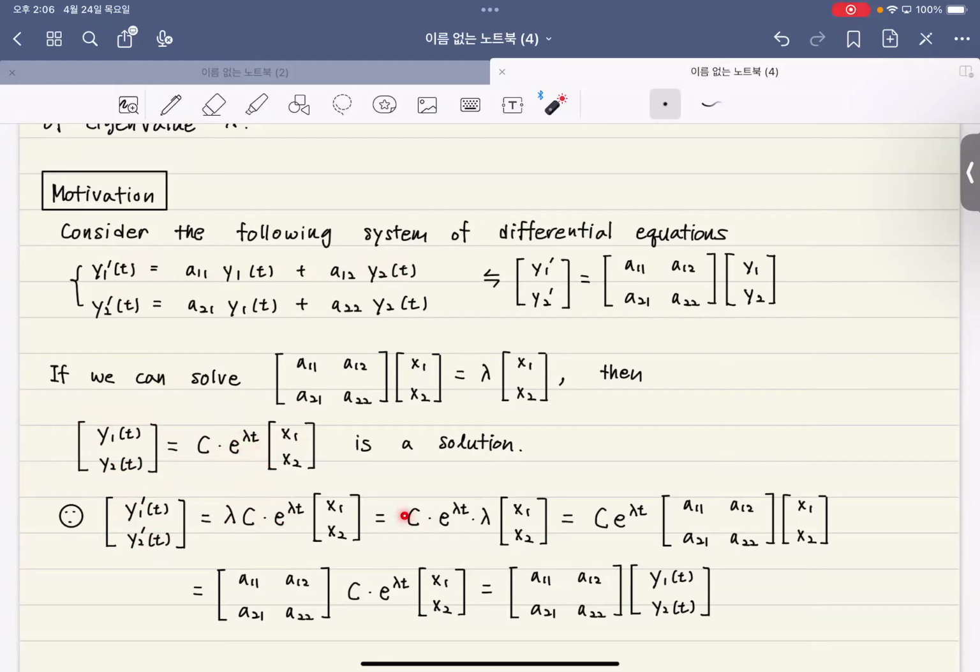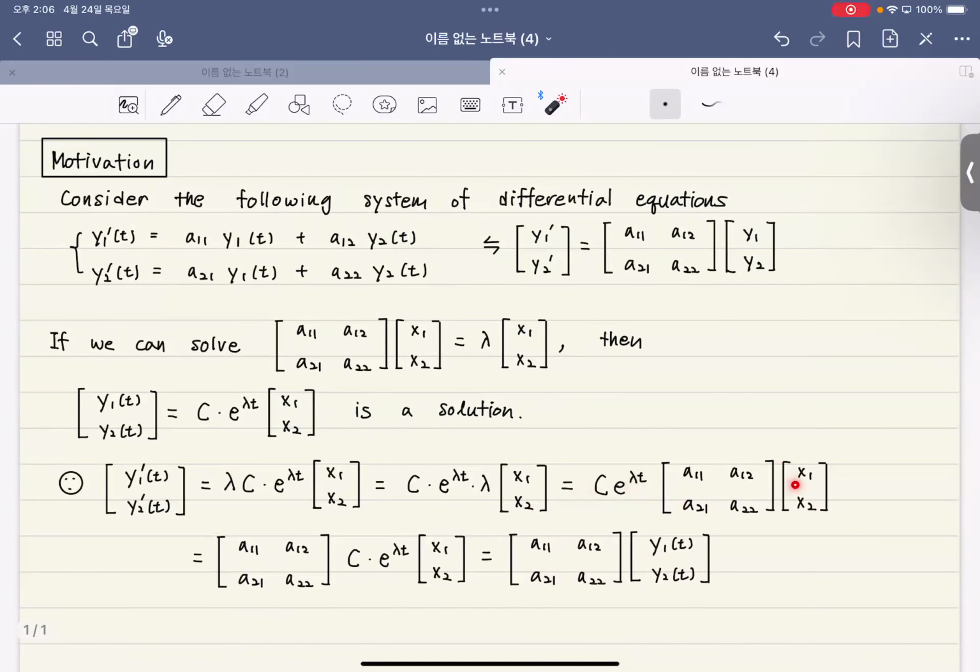Okay? And so let me just switch this location. If I send lambda to here, then lambda times x1 and x2, we know that they were assumed to be the eigenvector of the eigenvalue lambda. So I can replace this guy by this matrix times the eigenvector, okay? Then,